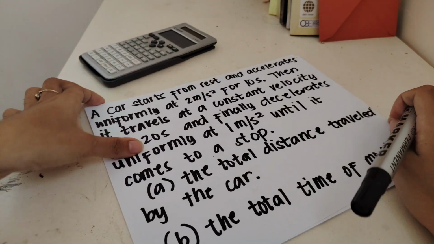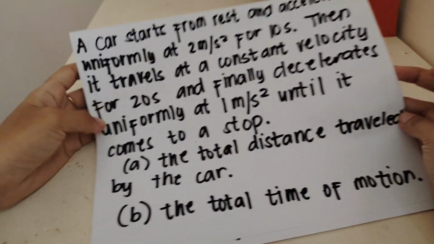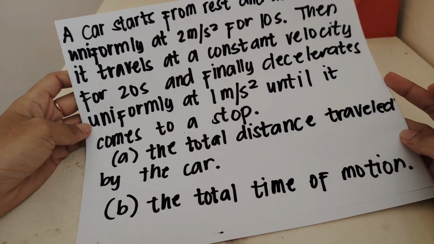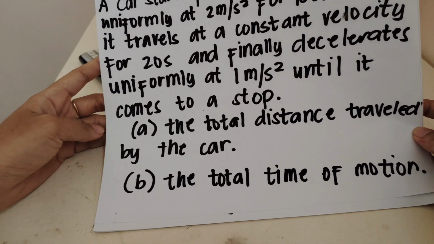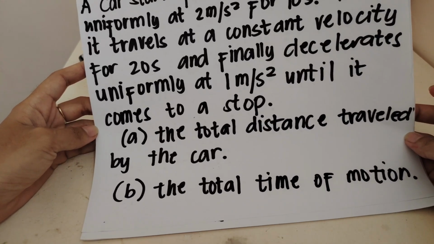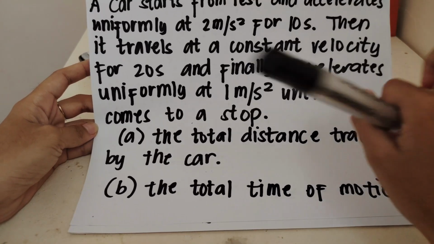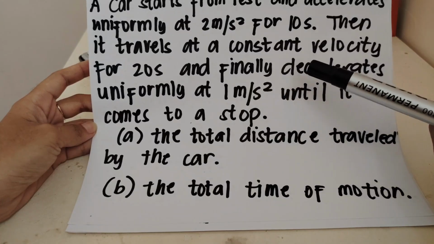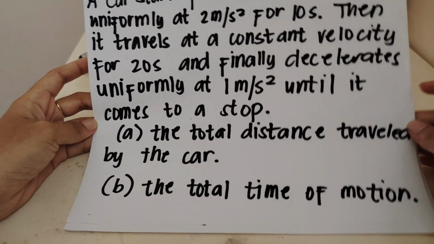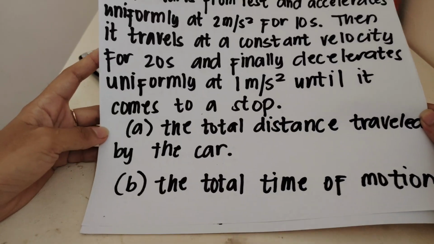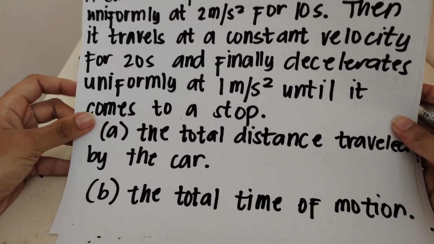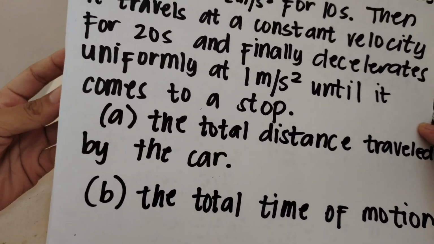So, our problem is a car starts from rest and accelerates uniformly at 2 meter per second squared for 10 seconds. Then it travels at a constant velocity for 20 seconds and finally decelerates uniformly at 1 meter per second squared until it comes to a stop. So find the total distance traveled by the car and the total time of motion. So how can we solve this one? We can solve this one by